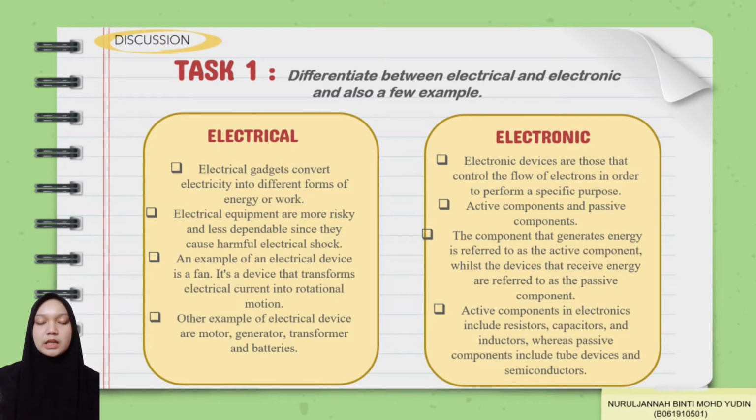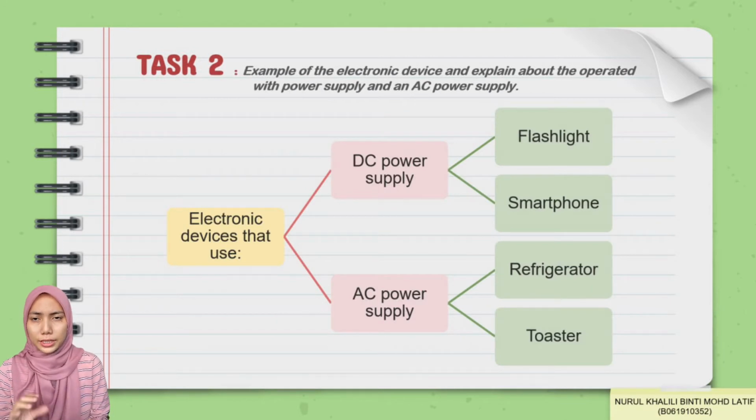Active components in electronics include resistor, capacitor, and inductors, whereas passive components include tube device and semiconductors. For example, computers, television, radio, mobile phone, laptop are using the electronic component. We move to the next part, the example of the electronic devices and the operation with DC and AC power